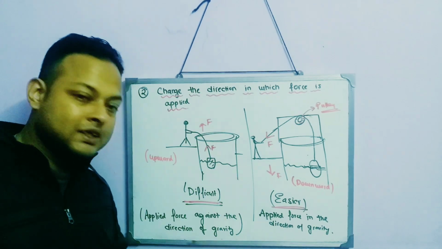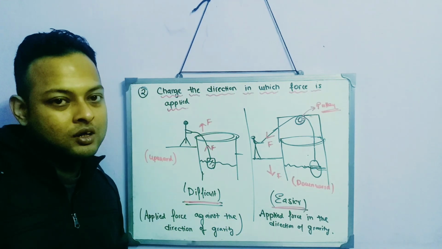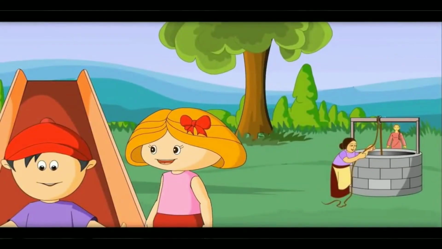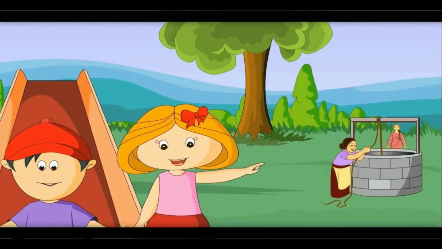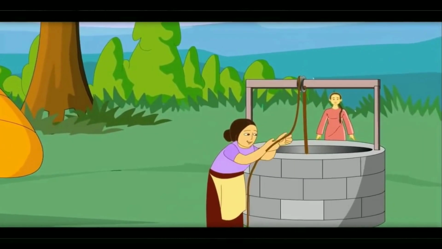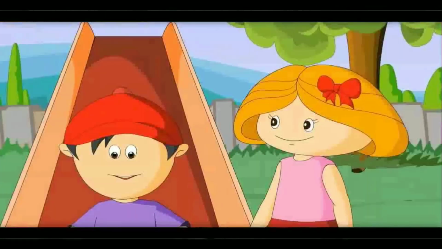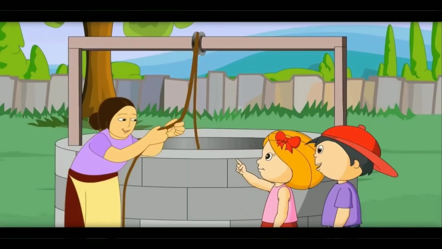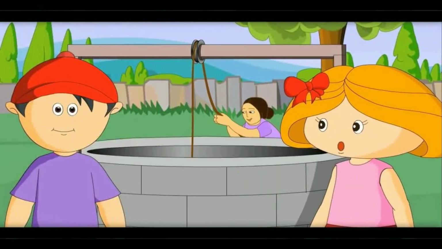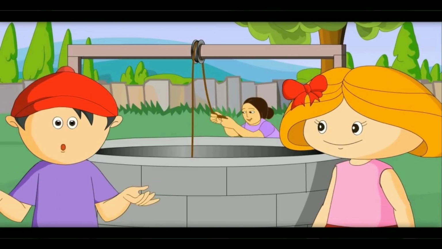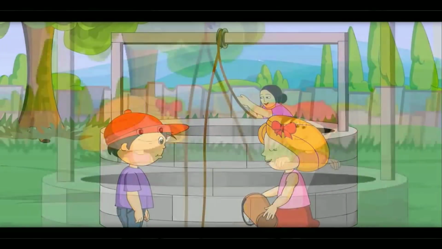If you understood what I said, good enough. If you haven't understood, then watch this video. Yes. Oh, do you see that as well? Oh, yes. People are pulling water out of that well. Let's go there. Let's go. Oh, what is this wheel? Oh, that one? On which the rope is moving? Yes. This is called a pulley. It helps to pull out water easily. But how? Let me show you.